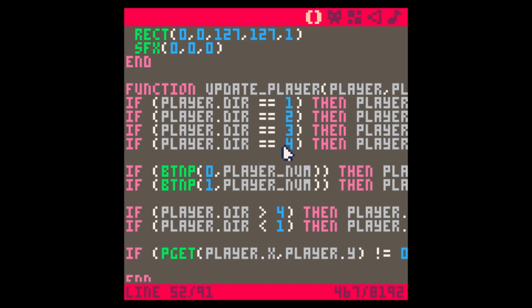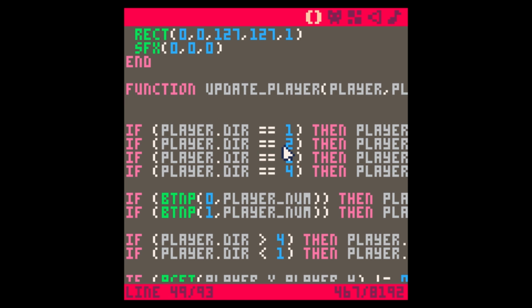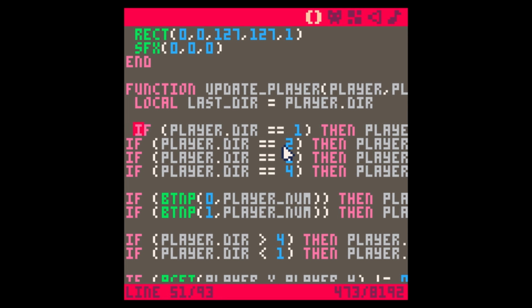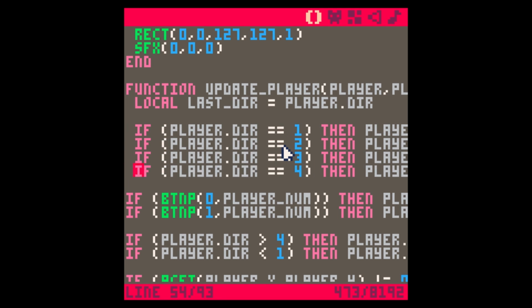So going back to our code, when the player changes direction, as a result of one of these button presses over here, we want to play the sound. So the easiest way is to create a local variable. We're going to call it last dir, and we're going to set it equal to the player's direction before we start checking for updates. We're then going to go through the whole process of changing their direction